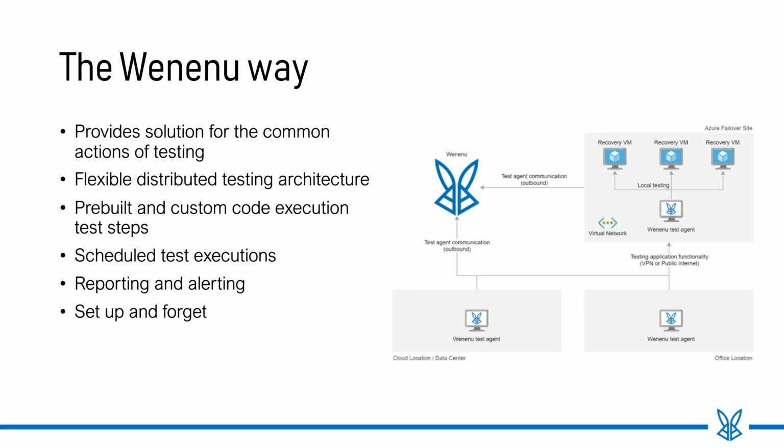And these test scenarios that Wenenu provides, or that can be put together in Wenenu, can be scheduled for execution at scheduled intervals, and Wenenu also does reporting and alerting with these test scenarios. So basically, Wenenu is a setup-and-forget type testing suite: once the test is set up, it can be scheduled and left there, and it's going to run every night, every week, every month, depending on the use case,